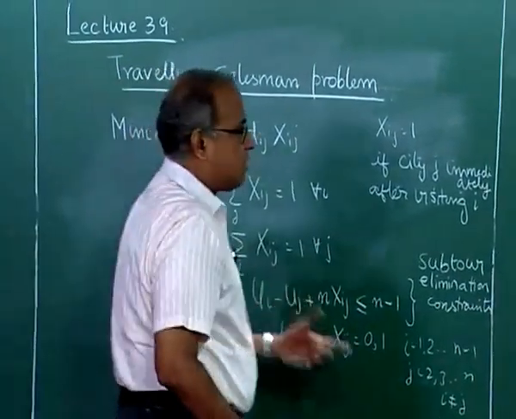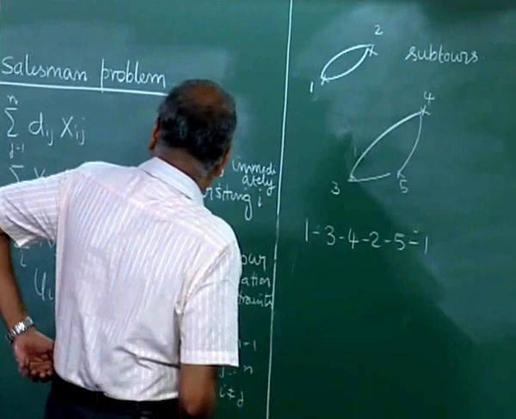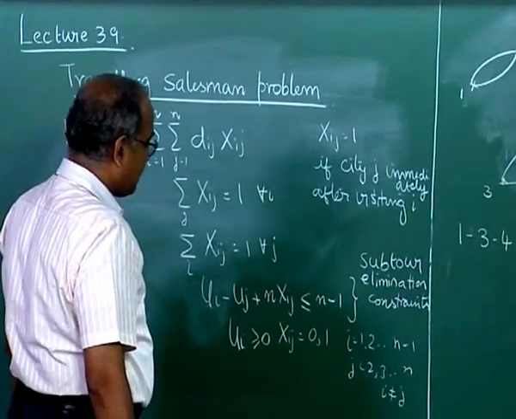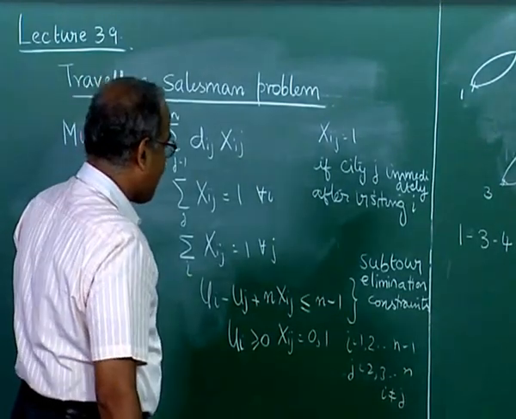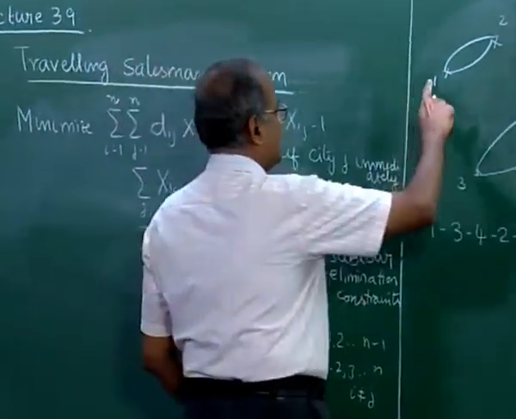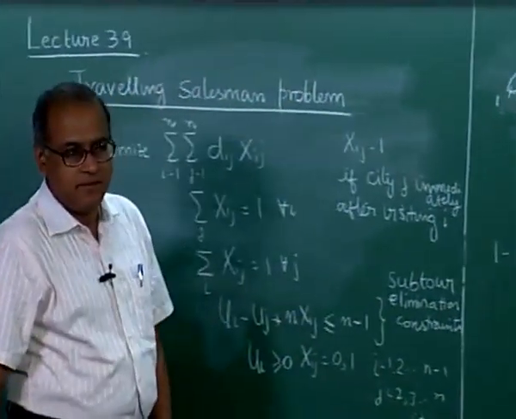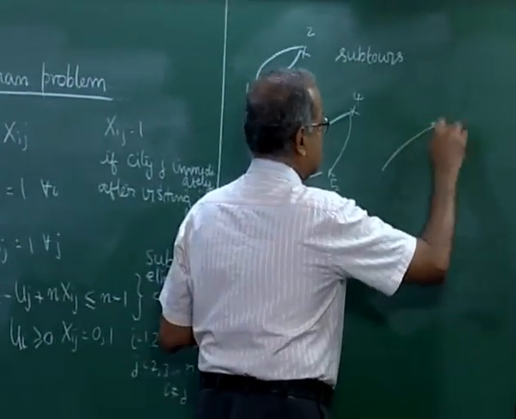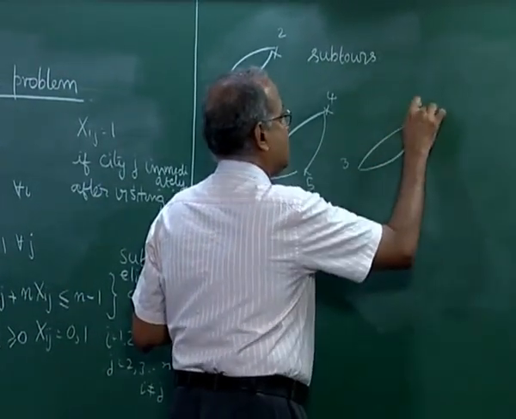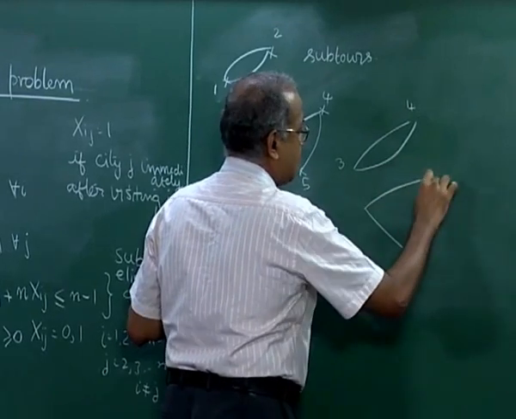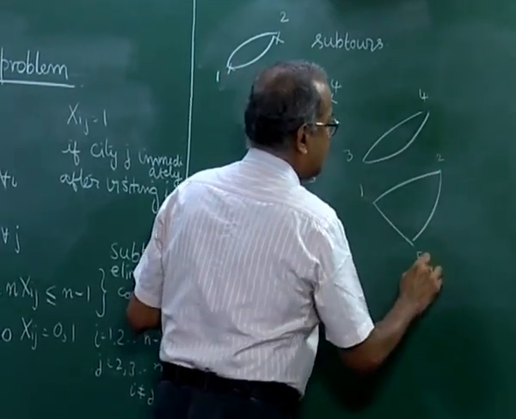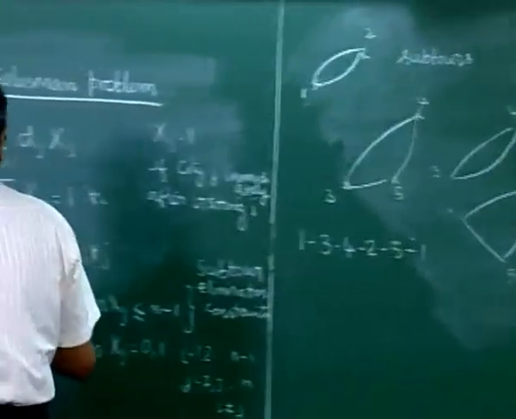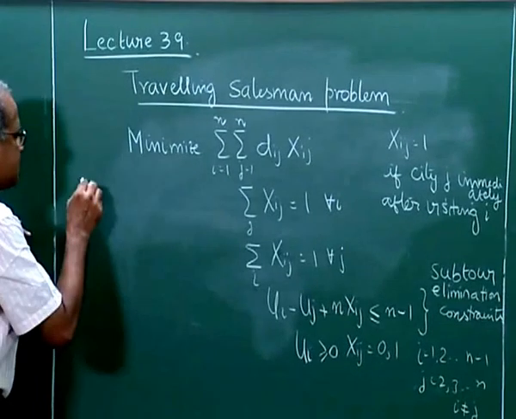Now if there is a subtour, let us say there is a subtour 1 to 2 and 2 to 1, or first let us assume that there is a subtour which is 3 to 4, and then let us say for a 5 city problem there is another subtour that is 1 to 5. So a subtour 3 to 4 will be eliminated here, because there will be a constraint which will